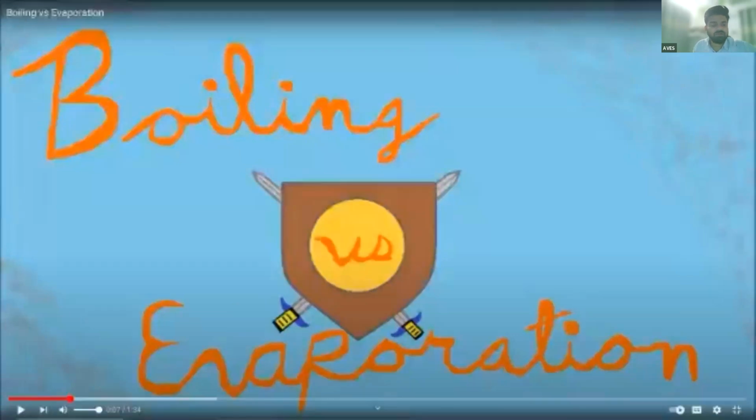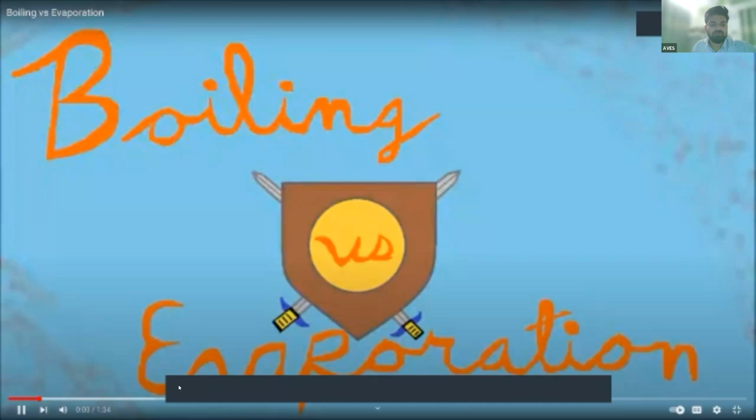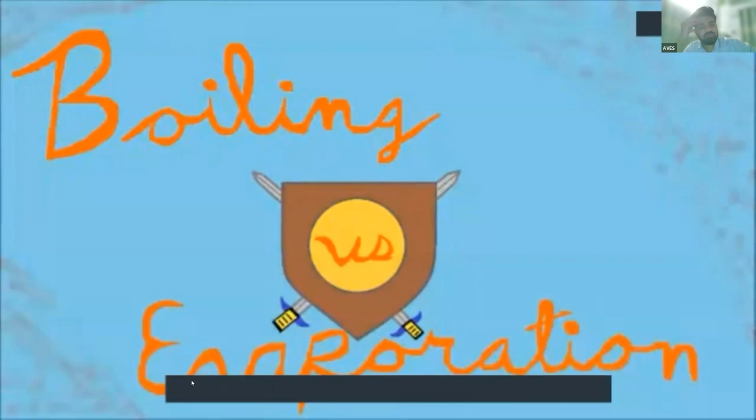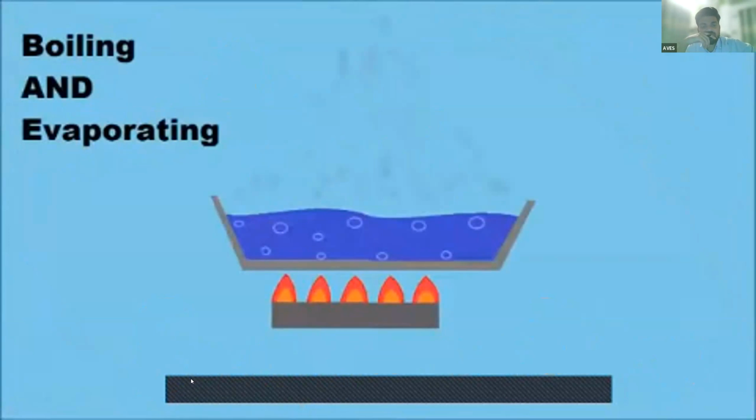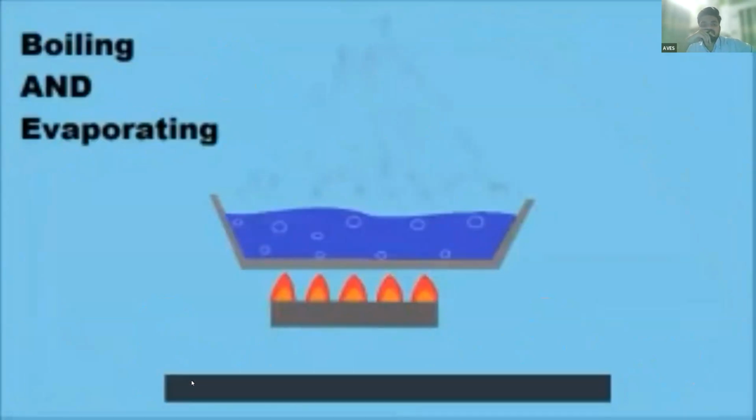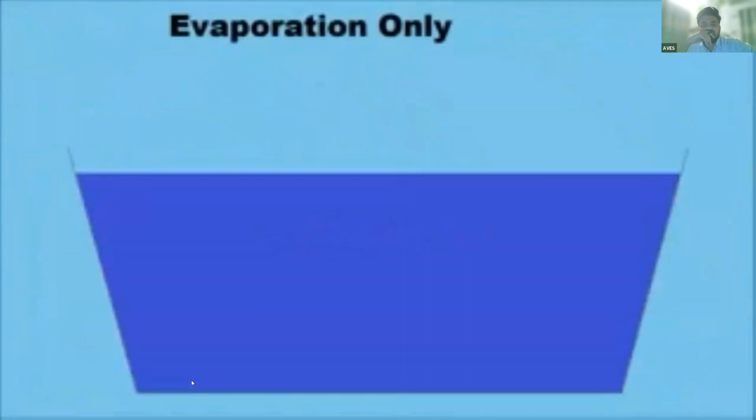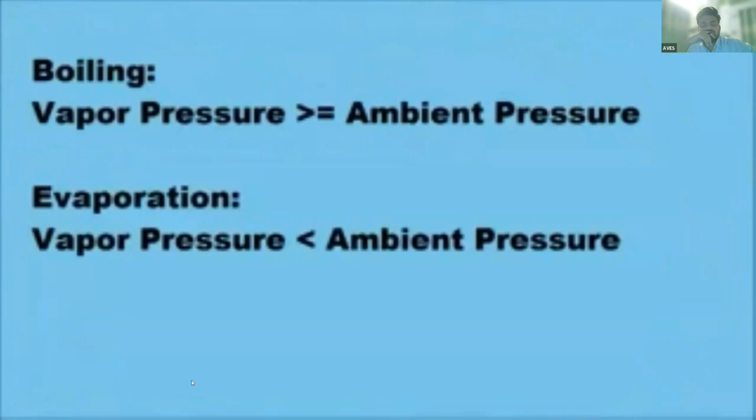You can check it. Of evaporation, but evaporation is not necessarily boiling. Now let's take a look at what this means. We have all seen a pot of boiling water. We also know that water will evaporate and dry on its own if left out long enough. But what distinguishes boiling from basic evaporation? Boiling occurs when a liquid reaches a critical temperature where the vapor pressure is equal to or greater than the